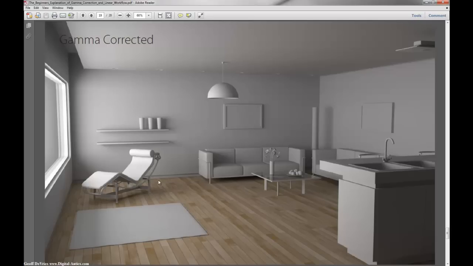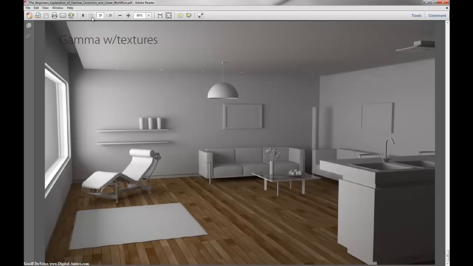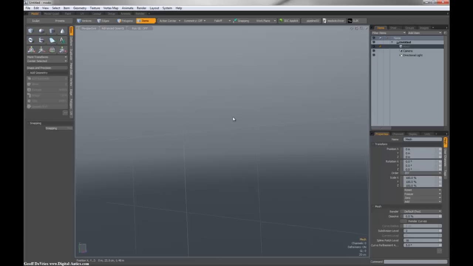What you will see is the fading of the textures here, and that's where the linear workflow comes in, is applying a gamma correction to each texture itself. And in doing so, you'll get a lot more saturation in your textures, and you'll get an overall better look. And that's why I use linear workflow in Modo constantly. I work in 2.2. So let's go back, open up Modo, and for the files that I have,